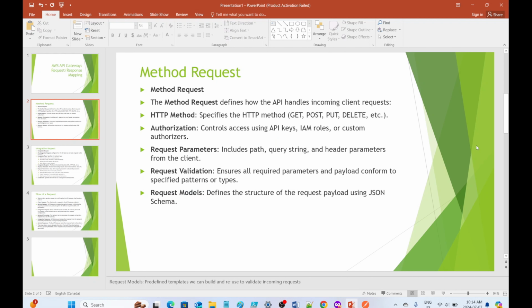When we look here, method request defines how the API handles incoming client requests. The biggest one is request validation. They ensure all required parameters and payload conform to specific patterns and types, and we can include path, query string, and header string parameters. You're going to see what that means if you don't understand that. But basically,